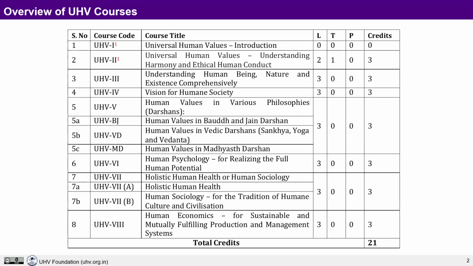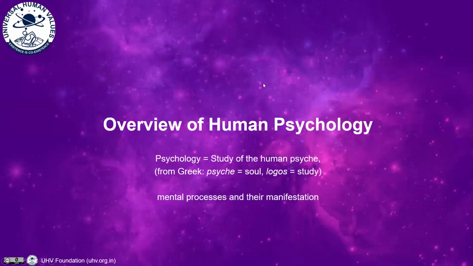We are planning that by the end of next year, we'll be in a position to finalize the course inputs in all these courses. Since many of the institutions have also started implementing the minor degree, it has become a need of the hour. We have also proposed to AICTE that at least 25% of institutions should be offering a minor degree in human values. So this is necessary also.